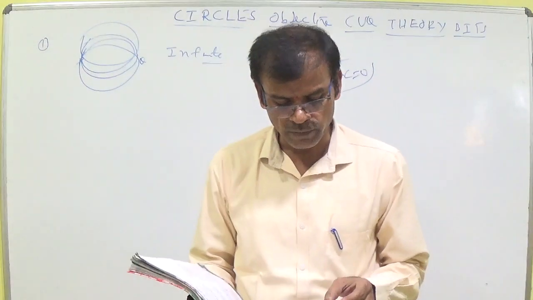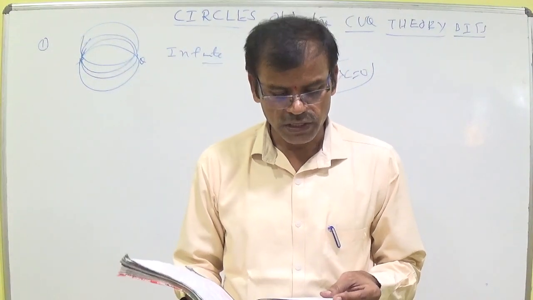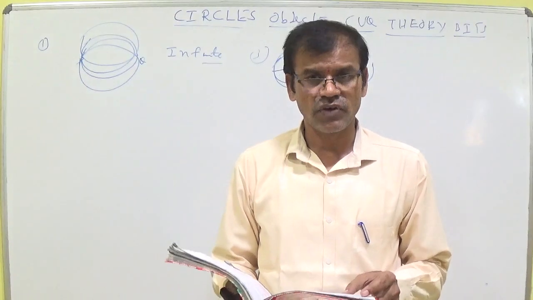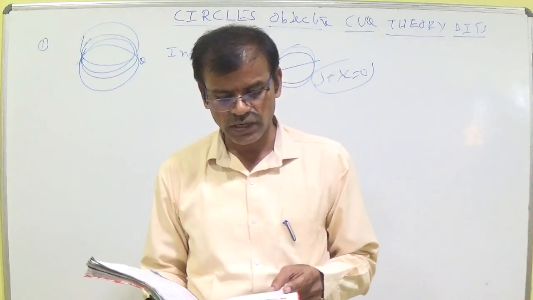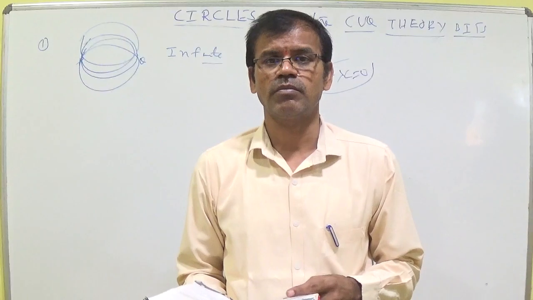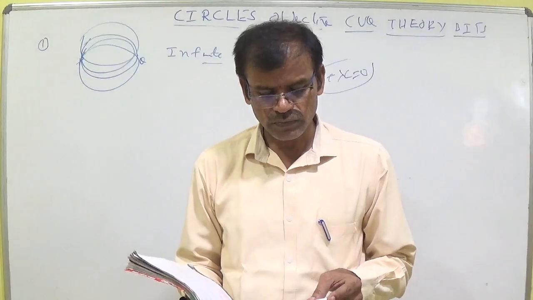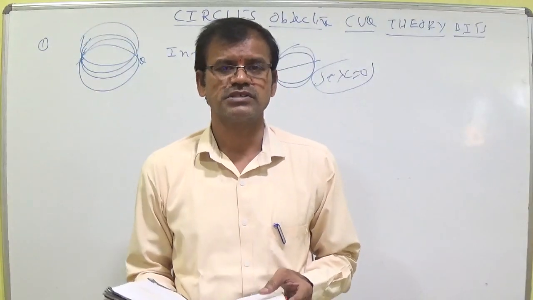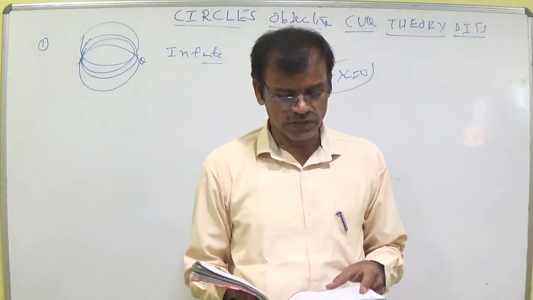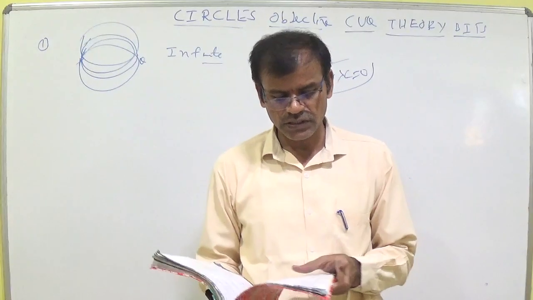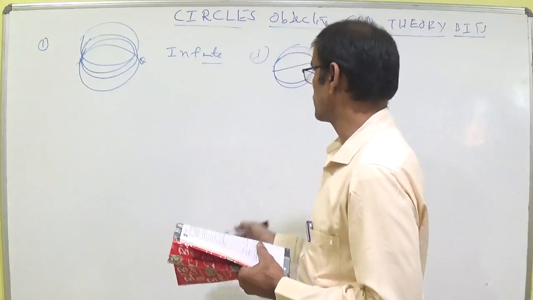Next, fourth question. In IPE, the proof: equation of chord (x plus g) cos of (alpha plus beta) by 2 plus (y plus f) sin of (alpha plus beta) by 2 is equal to r cos of (alpha minus beta) by 2. There I said (x plus g) into cos of (theta 1 plus theta 2) by 2, plus (y plus f) into sin of (theta 1 plus theta 2) by 2, is equal to r into cos of (theta 1 minus theta 2) by 2. So fourth question, second option.